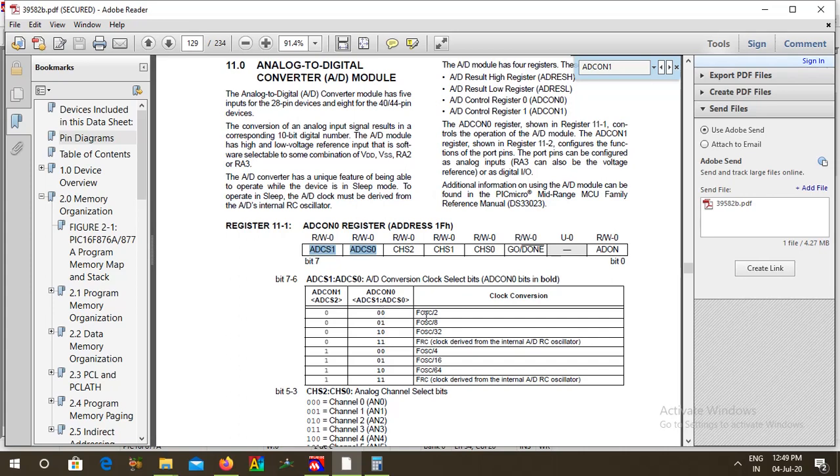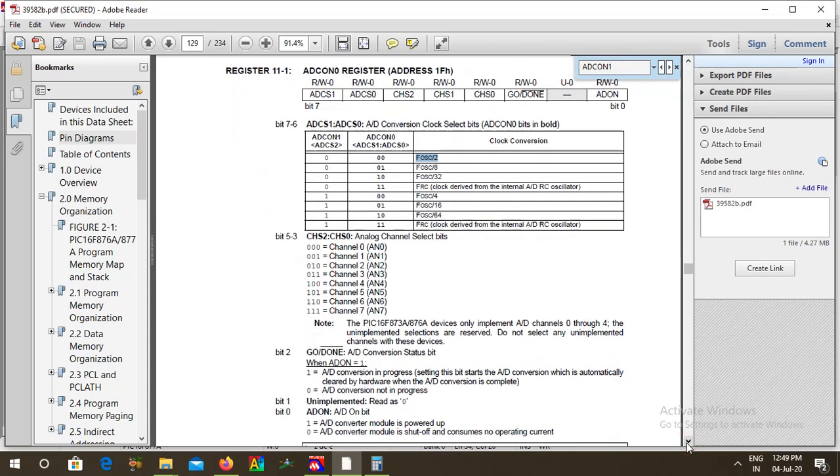If it is 0, the AD conversion clock select is FOSC, the oscillator frequency divided by 2. Then channel selection, 0 0 0, that means channel 0.